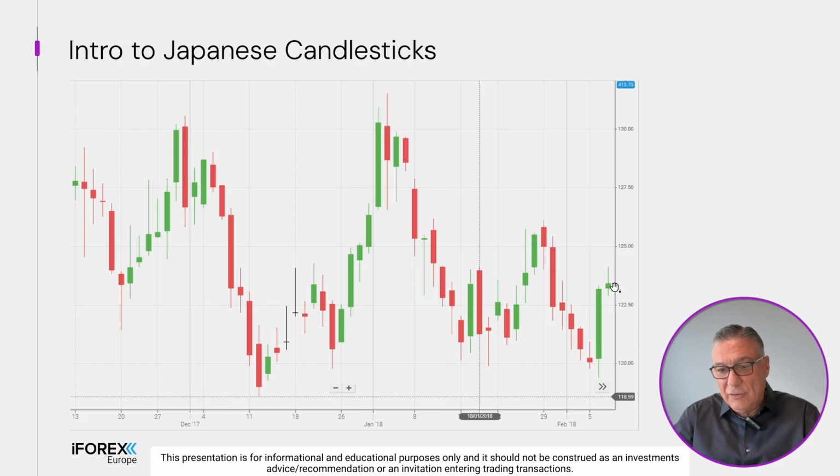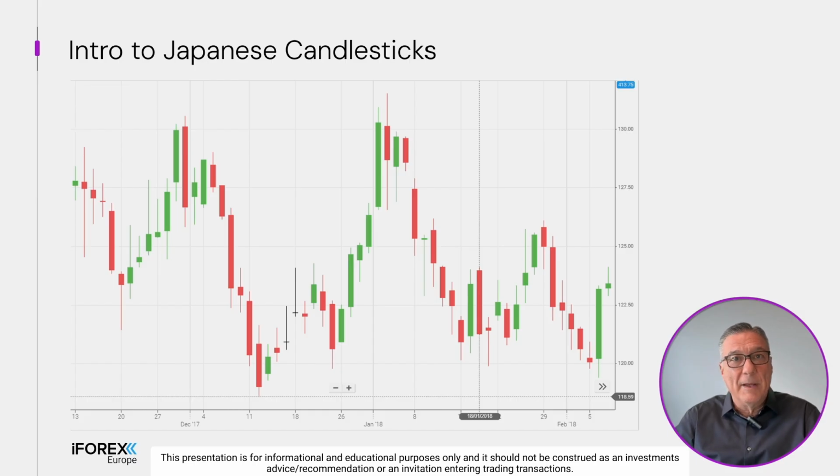And the next candlestick, of course, surpassed the high price of this long green body, and this is a confirmation of the upward movement. Again, nothing is 100% when trading the markets, when analyzing the markets,